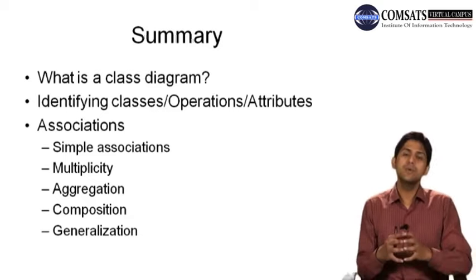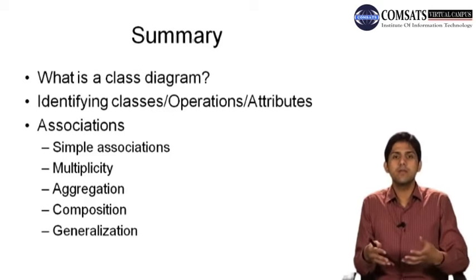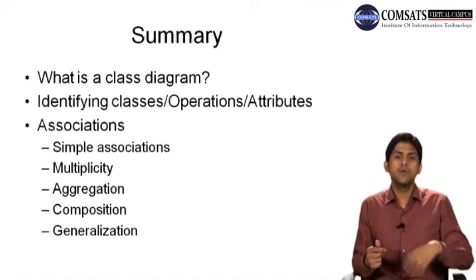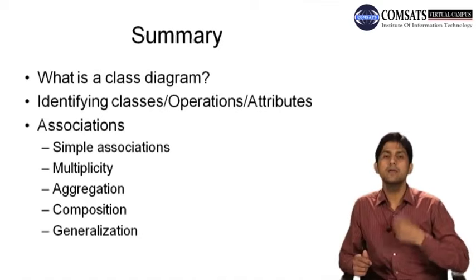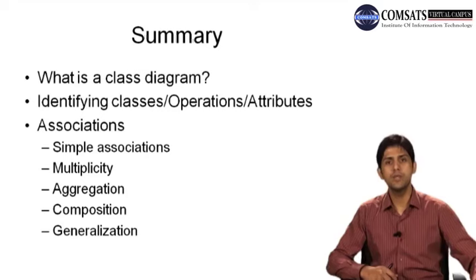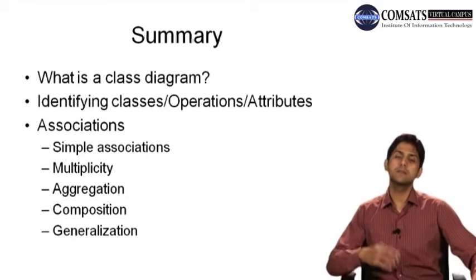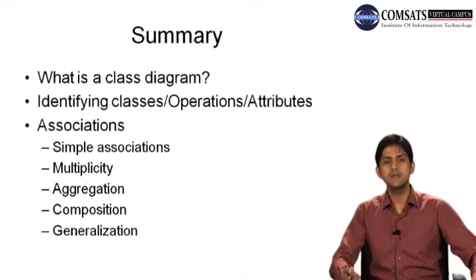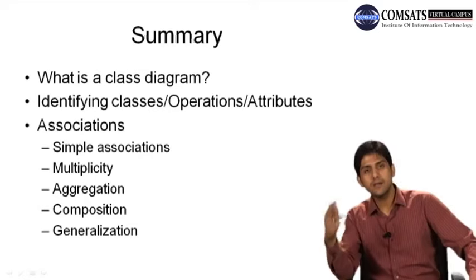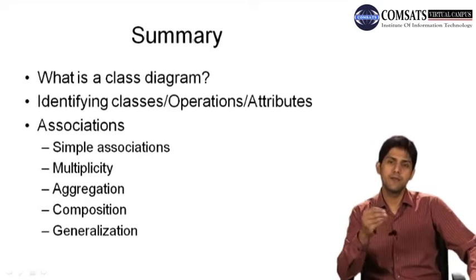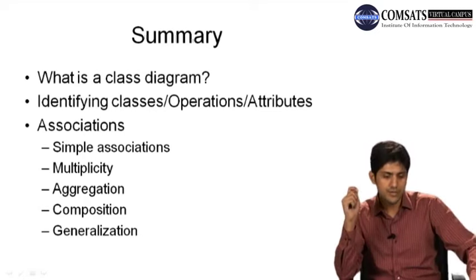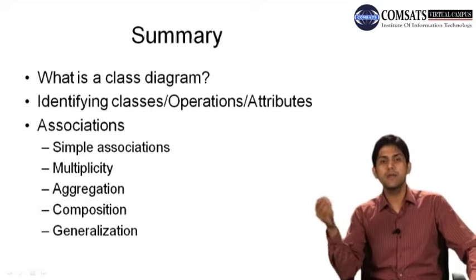Then we saw that how do we actually identify these classes, क्योंकि जब हम एक सॉफ्टवेयर बनाने जाते हैं तो हमारे पास तो रिक्वायरमेंट्स लिखी हुई होती हैं, या हम यूज केस डायग्राम बनाते हैं, यूज केस का टेक्स्ट होता है, तो we use that text to actually identify the classes। और हमने देखा कि वो हम क्लासेस कैसे आइडेंटिफाई करते हैं कि we say कि जितने नाउन है we call them our potential classes, and then we have a selection criteria। तो all the potential classes they need to satisfy those selection criteria। जो selection criteria उन सारे criteria को fulfill नहीं करती उनको हम reject कर देते हैं। The ones which basically satisfy all those 6 criterion we accept them as the classes in our solution।